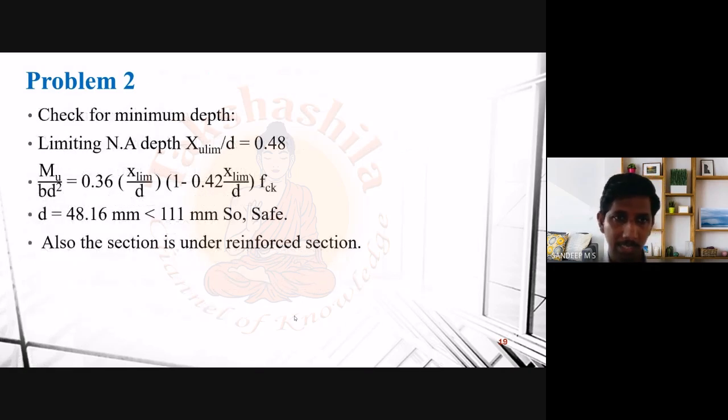Once that is done, we have to first of all check, based on the condition of over reinforced beams, that is using the relation corresponding to the balanced section, the depth of the section. You already know this, we have repeated this many times. You utilize this equation, substitute the value of calculated bending moment here and find the value of D from this equation, and you can get the value of X limit by D based on the grade